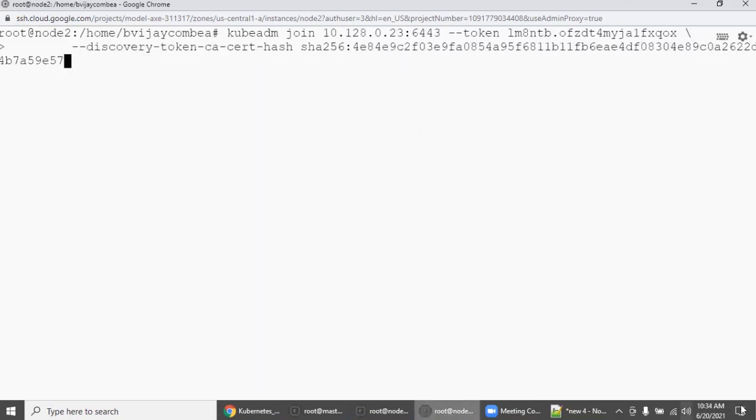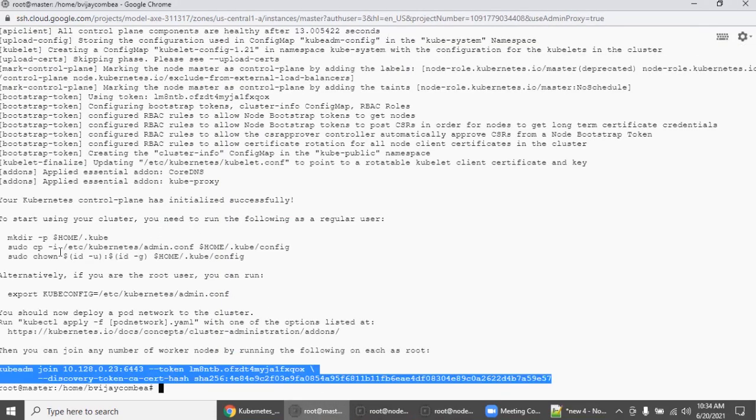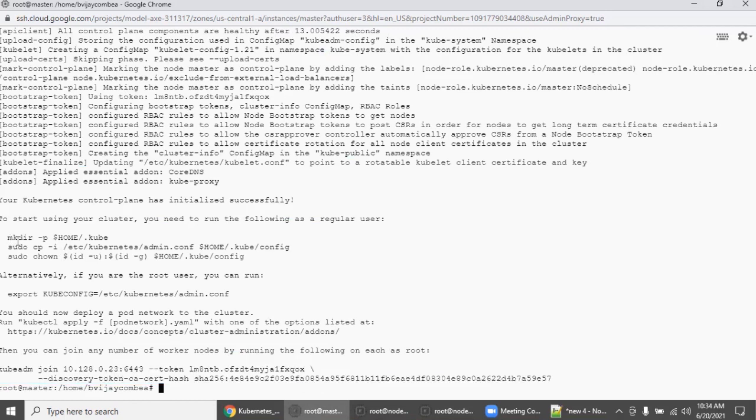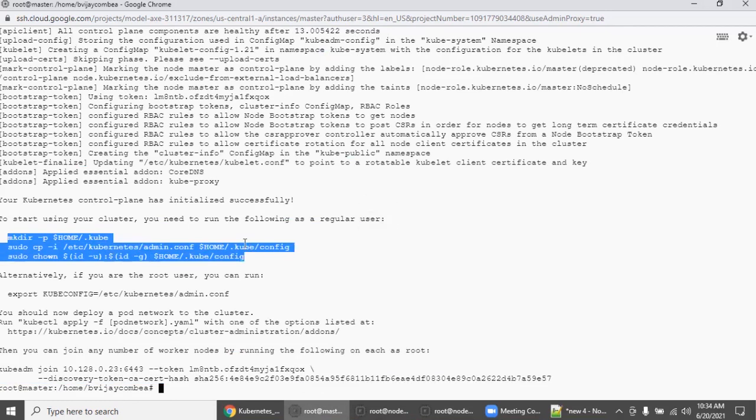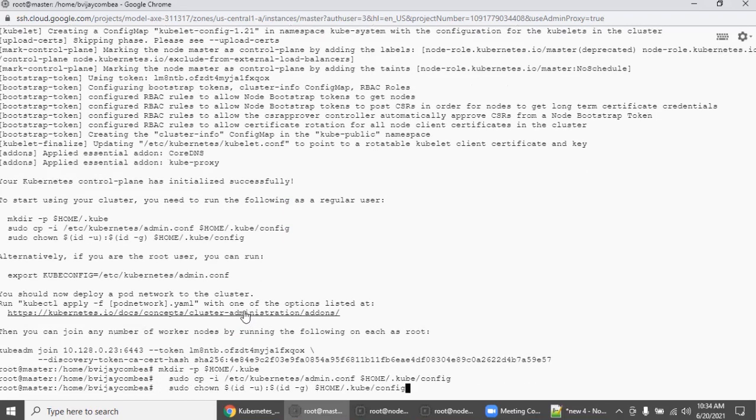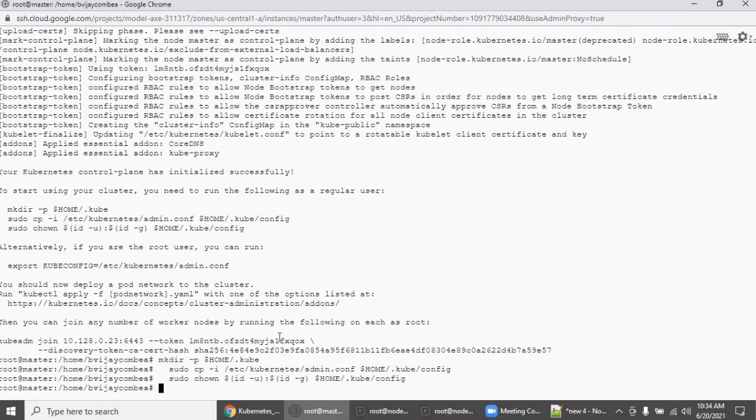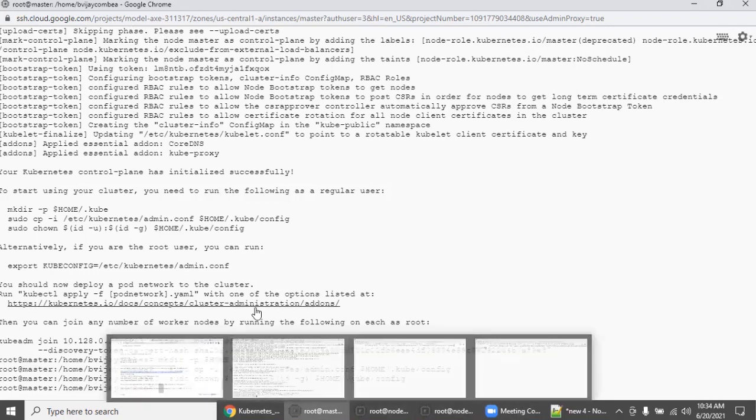And before that, you need to execute some client kubectl commands, right? I want to execute in root itself, or if you have a different login, make sure the admin.conf file is copied and the settings and permissions are fine. And the next one is, let's go and create